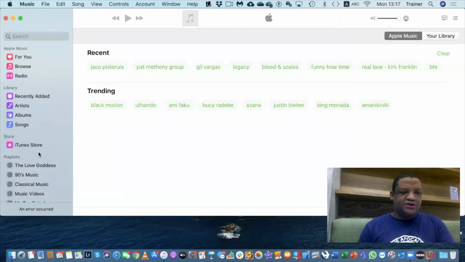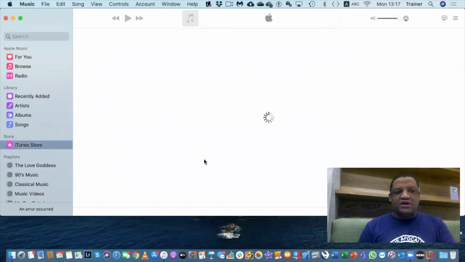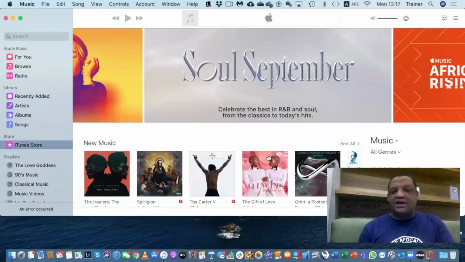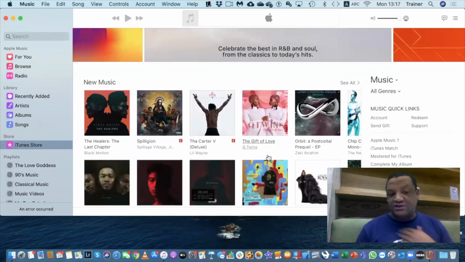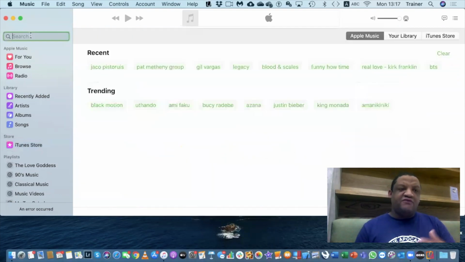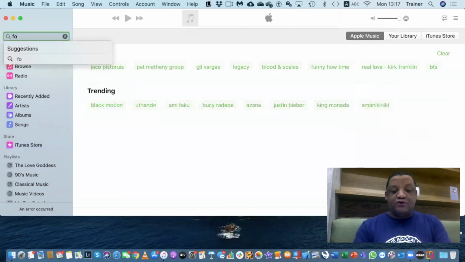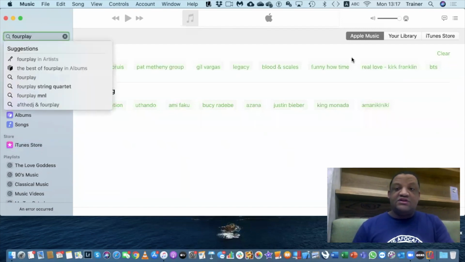But before I do that, you would notice that I've got my iTunes store available there. If I click on it, it will give me all the good stuff that I can do now in terms of purchasing music and so on. But now if I go into my search and I type in foreplay again, you would notice that it gives me Apple Music, your library, as well as the iTunes store. So now you can go to the iTunes store and you want to purchase that, and you can purchase that album or the collection of albums or songs specific if you're searching for it in that way.